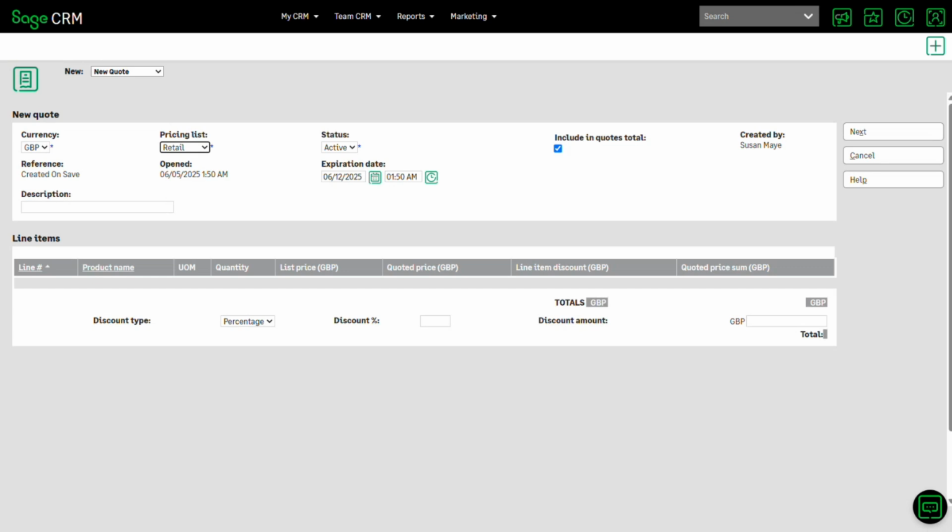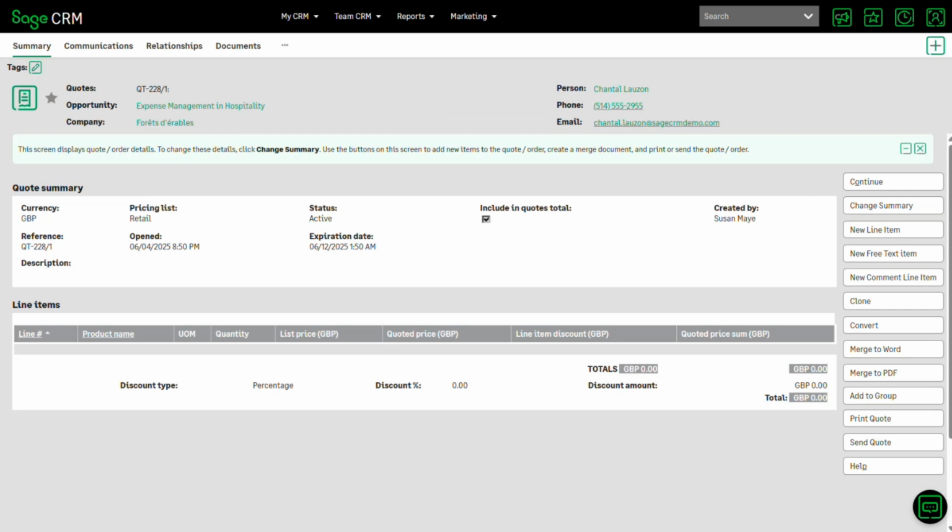Now, how the quote screen works may be very different in your implementation of Sage CRM, as this is going to depend on whether Sage CRM is integrated with an accounting system. The way it integrates perhaps with Sage 300 is going to be different from the way it uses the integration with Sage 200 or with 100 or with Intact or wherever. And so the screen here, however, this default screen, is defined and configured by the system administrator. And in fact, there are separate lessons on the Sage Support and Training YouTube channel that discuss the configuration of